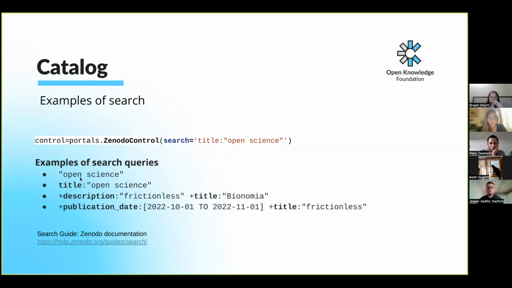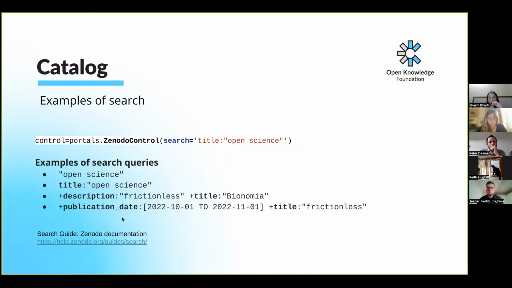And if I want to make it mandatory, like both of them have to be in the record, then I have to add a plus sign before this. Then it will be an AND operation. If not, then it will be an OR operation. So this is how it will work. And I can use terms only. I can use field value. Like I can also search for the records which have title open science,